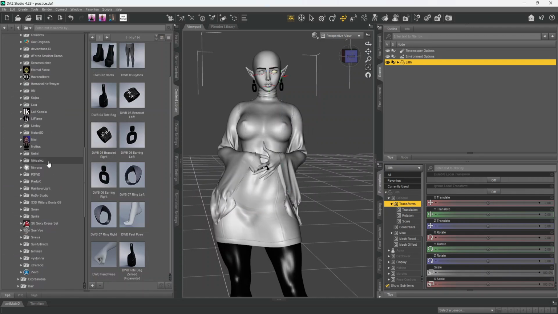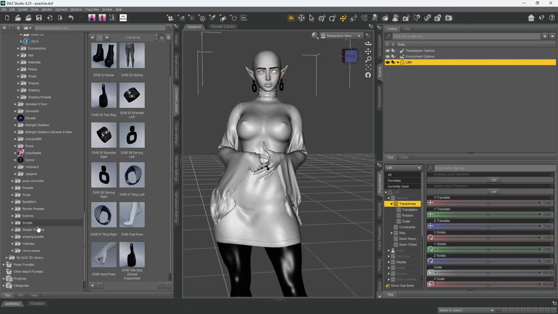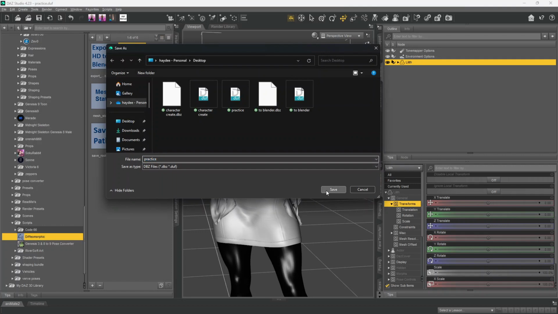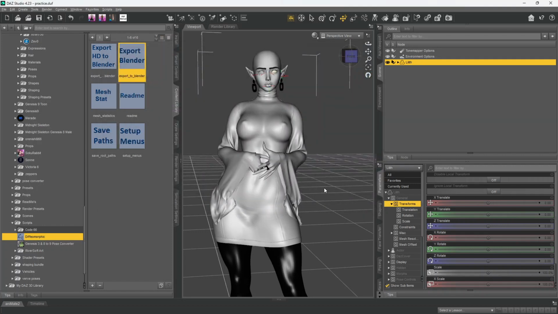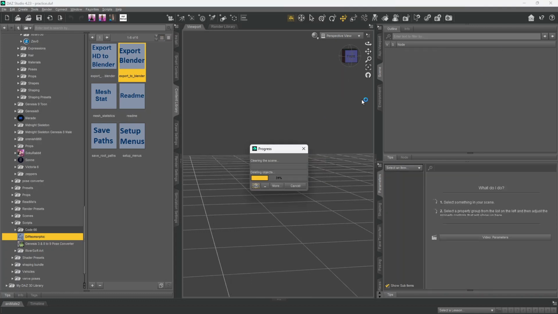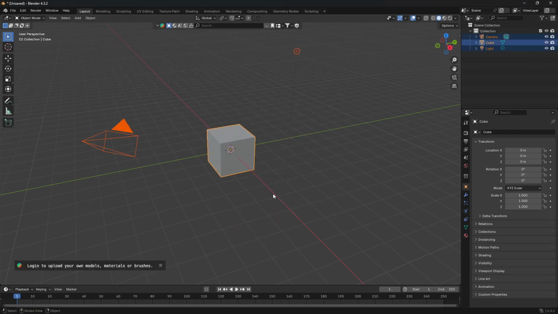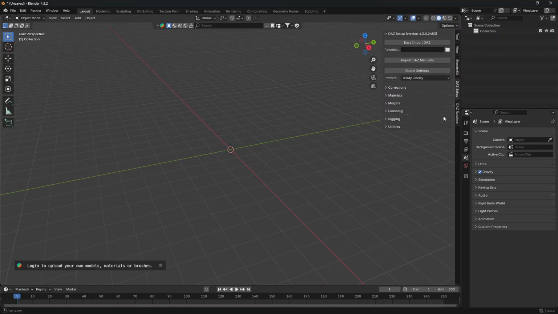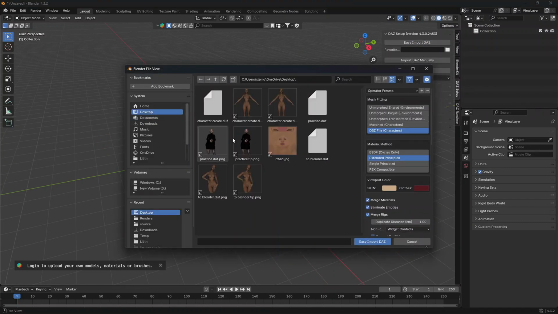There we save it. And then I'm gonna go to my scripts, Diffeomorphic, export to Blender, save. And there you have it. And now you can close Daz. You're done. That's all you're gonna do in Daz. It's basically your Create a Sim. It's the 3D model version of Create a Sim. So we're gonna go to the Daz setup. It's import Daz,